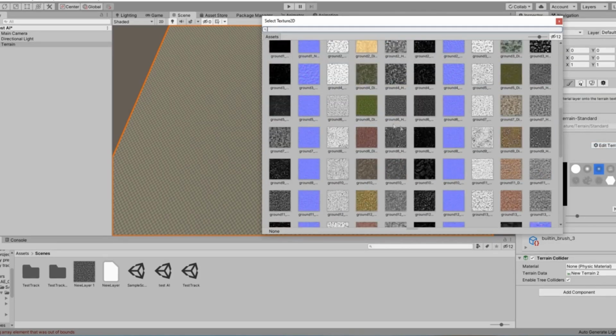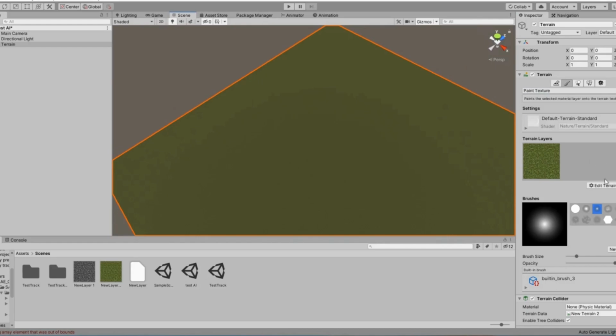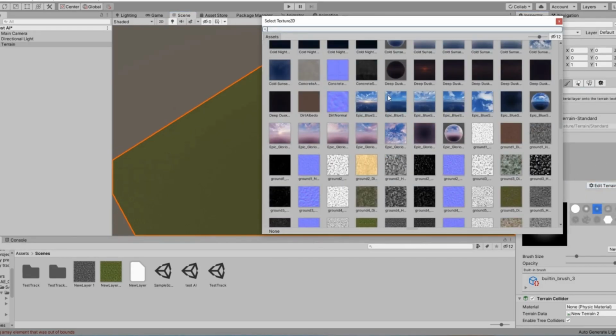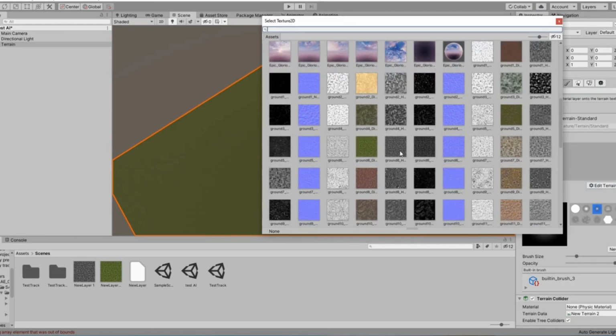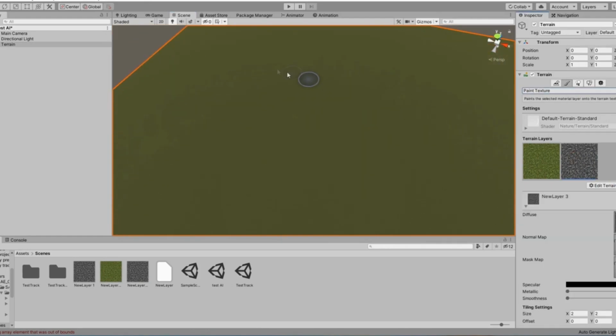Now you can choose a texture. I will choose this grass texture, and by default it is added to the terrain. Now I will add another texture, create layer, and I will add a texture to make a road in our terrain. Now select your second texture and now you can paint this texture.